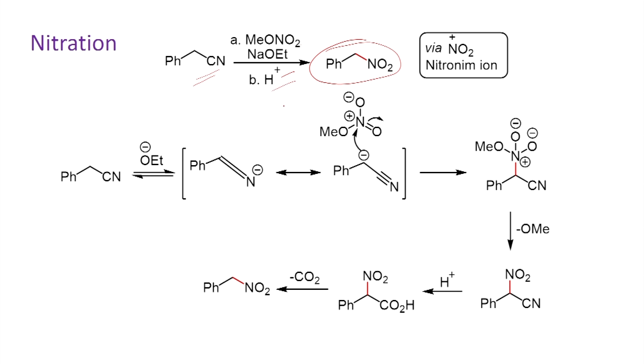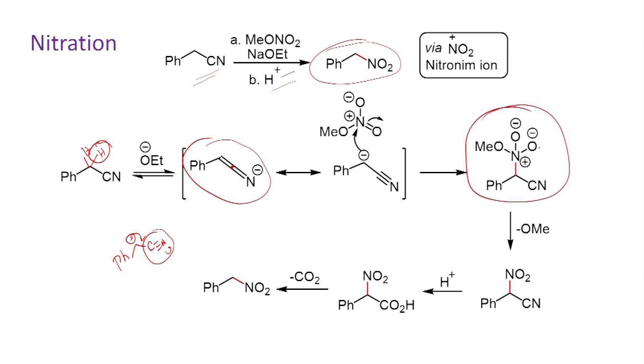It involves two steps. First, when you react with base, it can deprotonate this acidic proton, then you will be able to form this anion, which can be stabilized by the aryl ring as well as the nitrile group. Once you form this anion, it can now readily undergo addition reaction with this nitro group as shown, then you will be able to get this salt. Once you form this one, now this can lose the methoxy group, then you can get this nitro derivative.